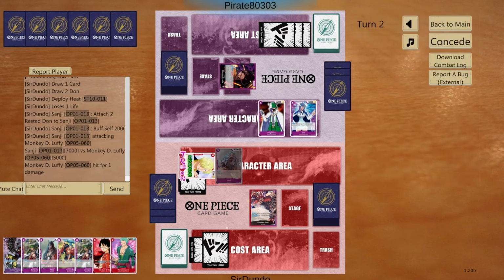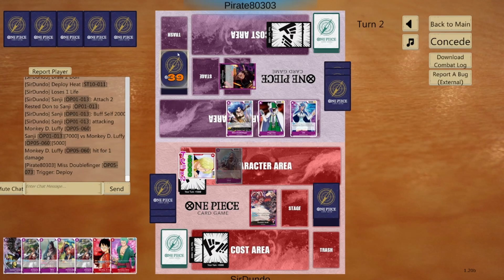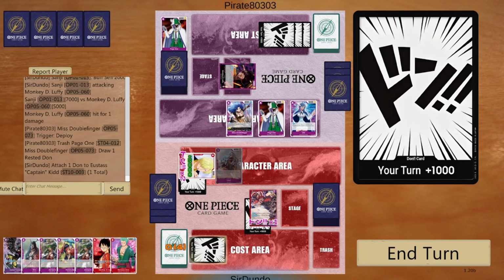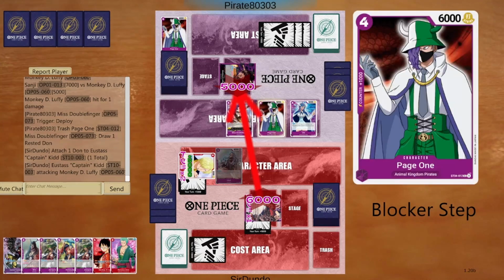He may have pulled some sort of trigger. Oh, missed double finger. It's another attack or another Don. Yeah, he definitely has a much better opening hand than me this go around. I think I will not use leader ability here because I would like the extra Don to try to clear